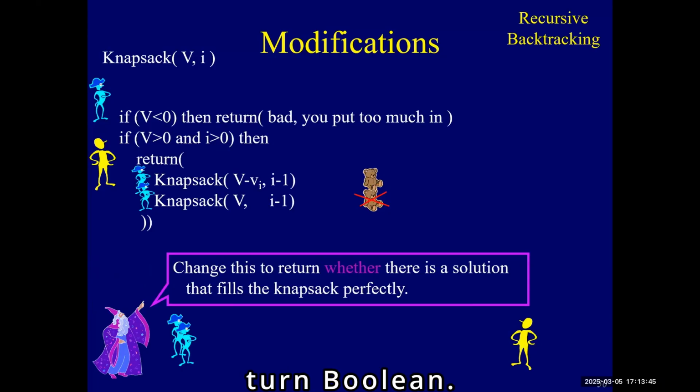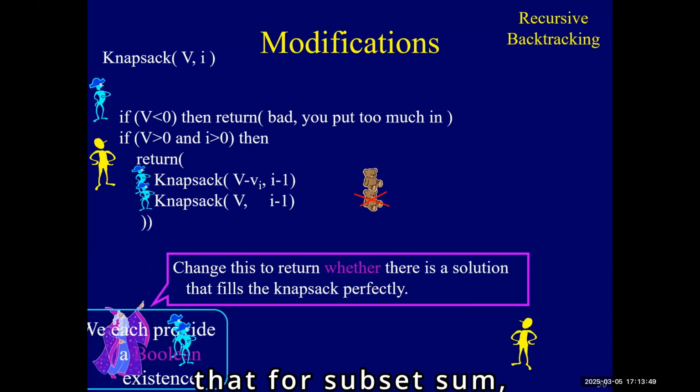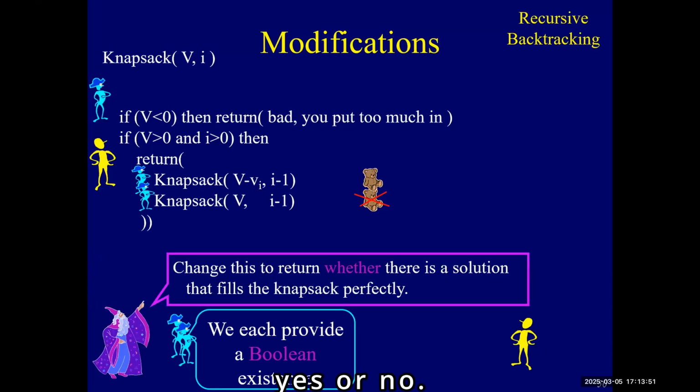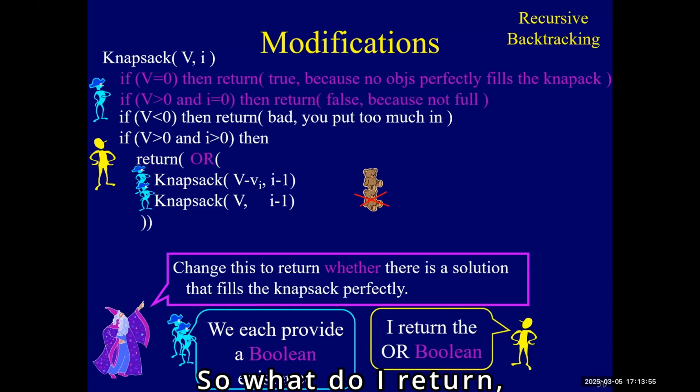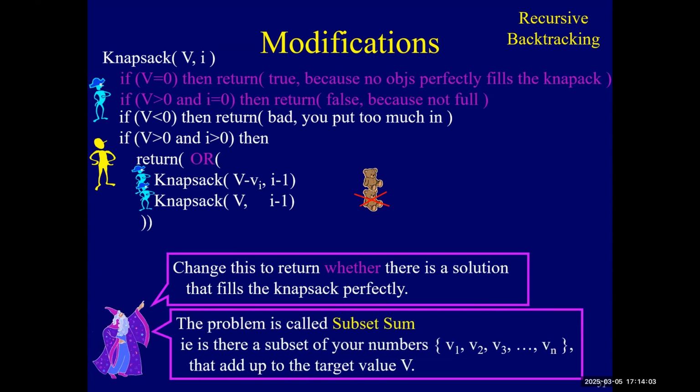I might want to return Boolean. Is there a solution? I think you did that for subset sum. So each says yes or no. So what do I return? I return the or. Was there a solution this way? Was there a solution that way? That's what we did. Oh, and then subset sum